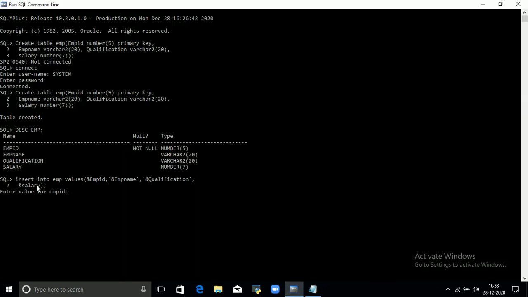After inserting into table name, enter the value for EMP ID. I am entering 101.